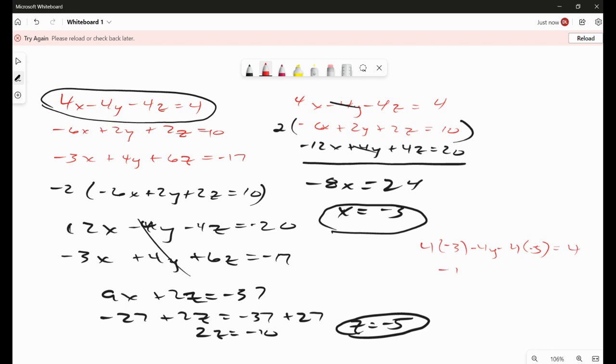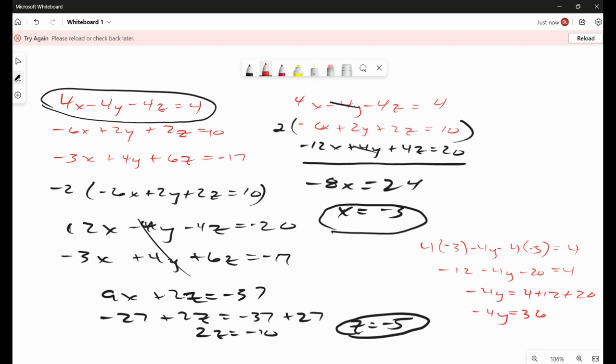This is going to be negative 12 minus 4y minus 20 equals 4. And then I'm going to move everything over, so I get negative 4y equals 4 plus 12 plus 20. And then I am going to add all this together. That's going to give me 32, 36